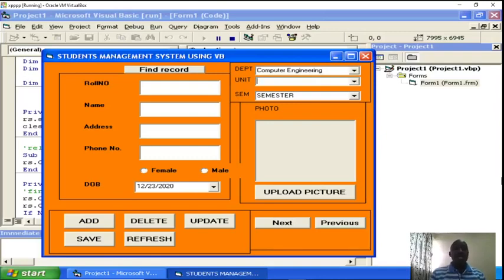Hi guys, I wish to take you through Visual Basic on how to create a student management system. Basically, what we shall be learning today is to create the following program. What the program does is, you can take the roll number of a student like 7,000, then you take the name of the student,